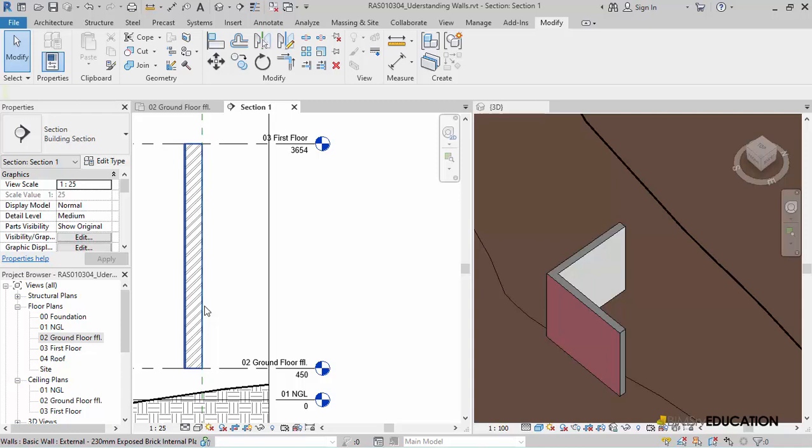The word constraint implies that the wall base and the top are linked to levels. Their height is determined by the level difference between the floors, as well as the base and top offset values. This is typically how we model walls in Revit architecture, from floor finish level to floor finish level. We'll modify these offsets to see the difference they make.